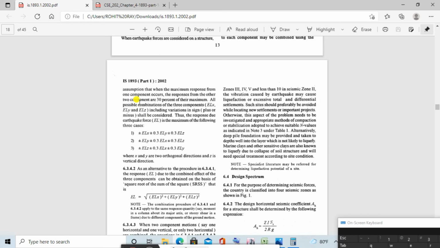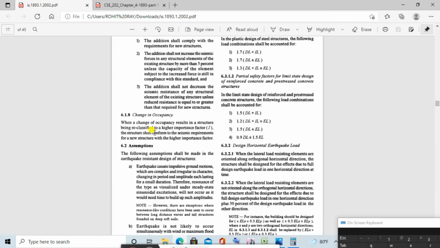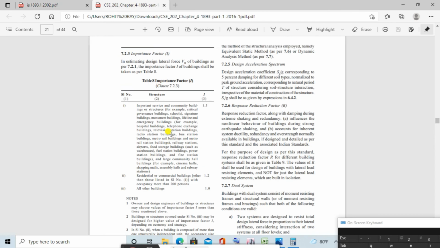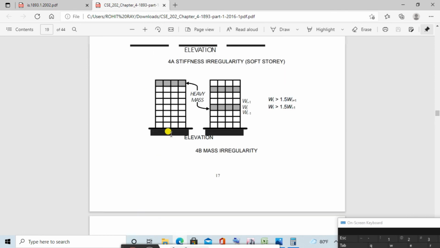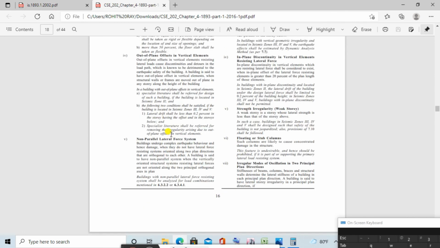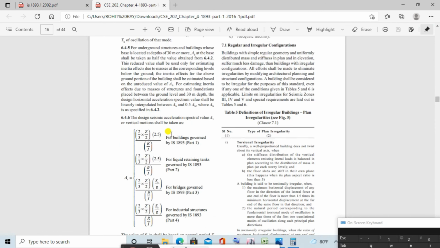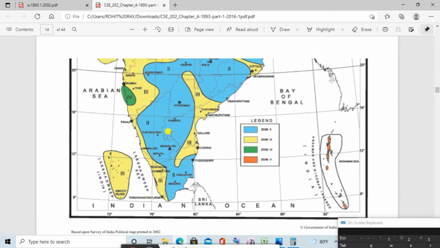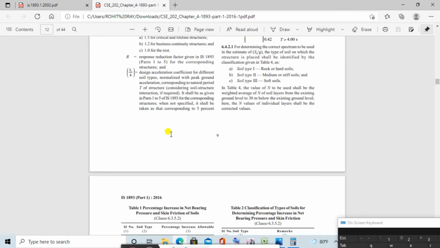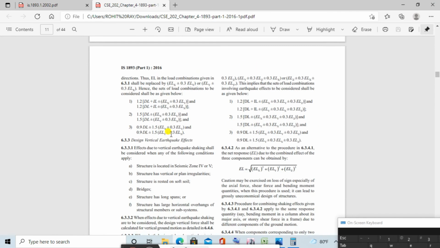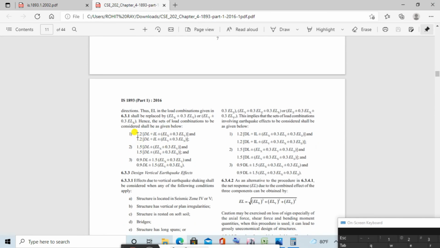This is the load combination. So we have one more, IS 1893 2016, the revised edition of the code book, and in this we can see here, for horizontal earthquake load, this is our load combination: 1.2 dead load plus live load plus earthquake load in x direction plus 0.3 ELY in y direction.